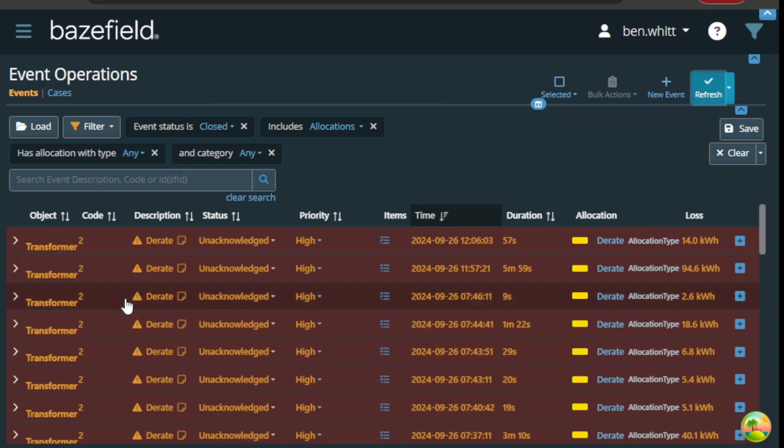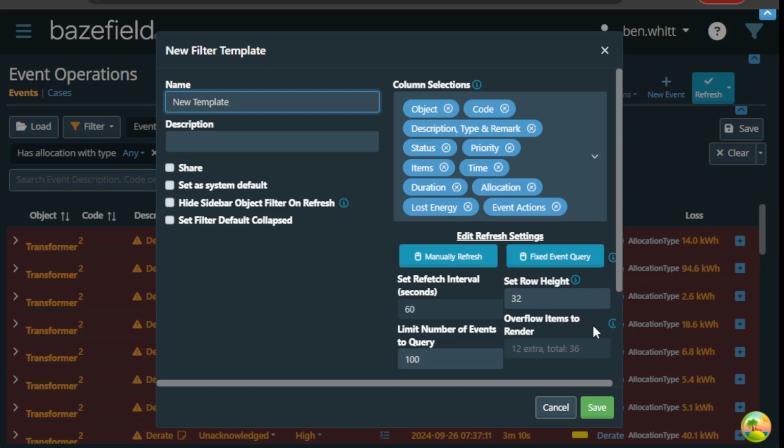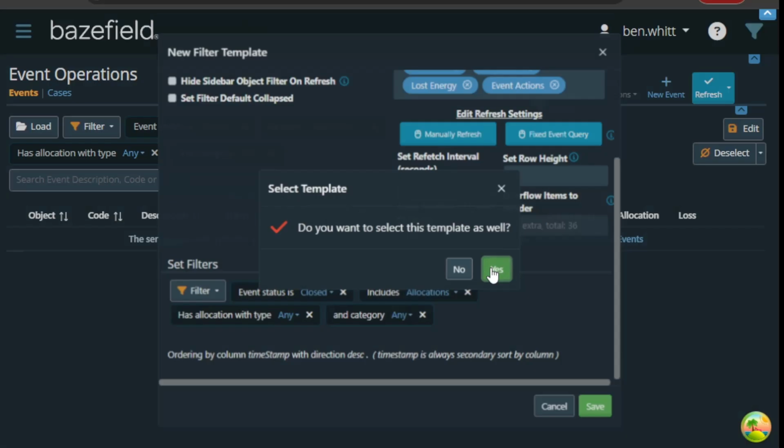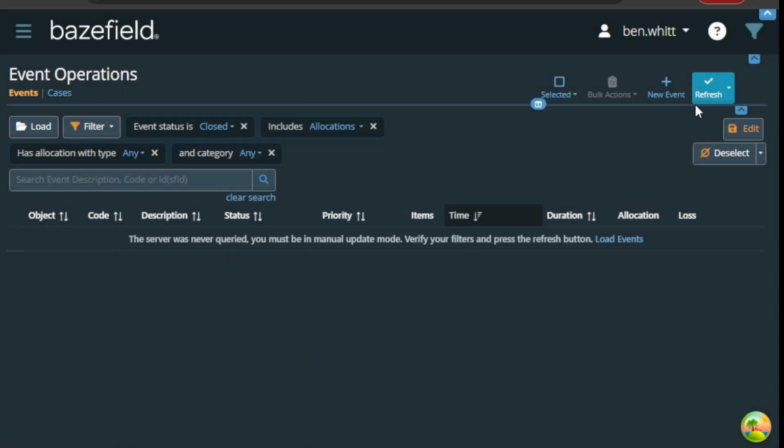And we see we've adjusted the view completely to now show what allocation is active, what loss energy is associated with it, and added a couple of filters. So now we get a more allocation-centric view just by adjusting the columns. And of course, what we could do here is save this to a filter template. And then remember that every time that we come through and do this at a different time. So with that example ran through,